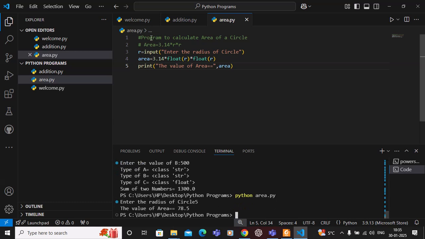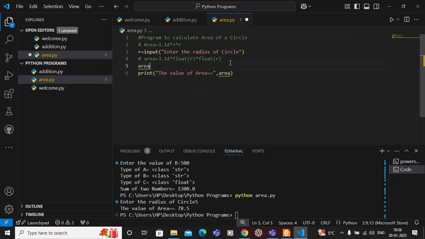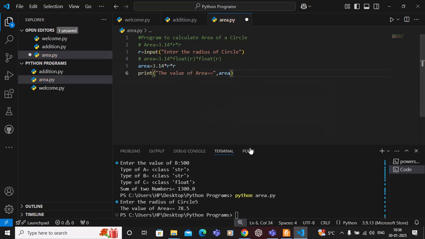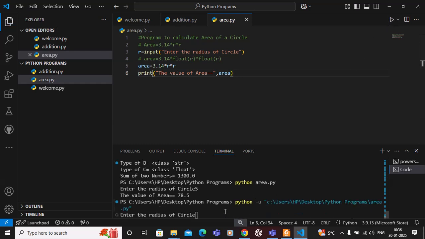Now we will do one more experiment here. I will comment this line. I will write here area is equal to 3.14 into R into R. We will check this thing also. Control S. Now here enter the, if I enter 5,